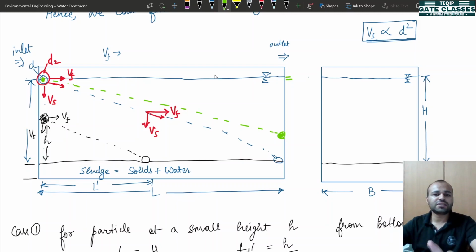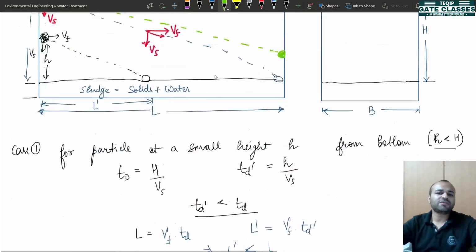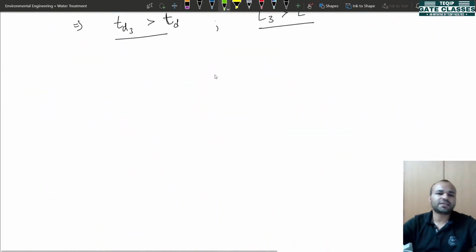What is the issue? If we remove the first assumption, we can say that partially this particle size will be removed. Okay, can we conclude with it? That not all the particles will be removed, but smaller size particles will be partially removed. How many will be removed, that we can do by mathematical calculation. This we will learn in the upcoming numericals as well.